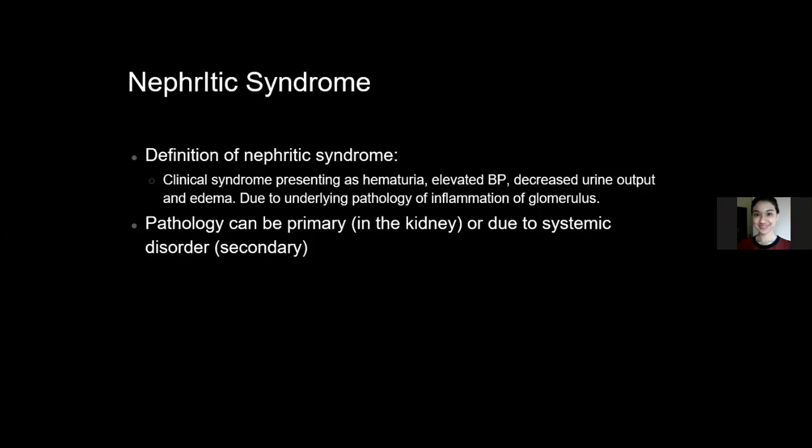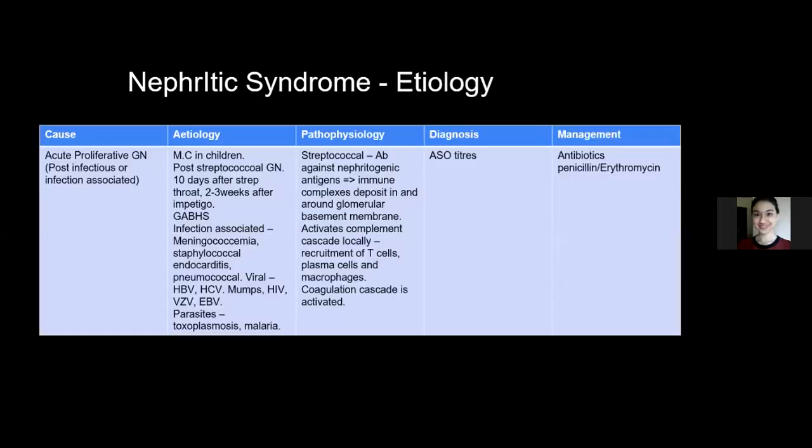So the pathology can be primary, isolated to the kidneys, or it can be a systemic disorder, and this is secondary. Another table to kind of break up. I like learning in tables because it puts all my information in one place. So that's why I've split it up like this. So the first cause of nephritic syndrome we will speak about is,